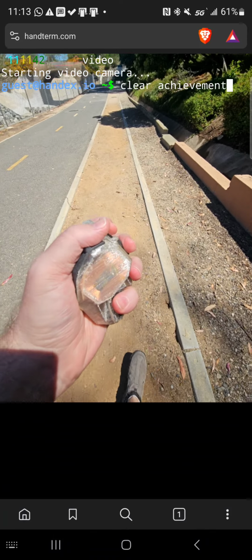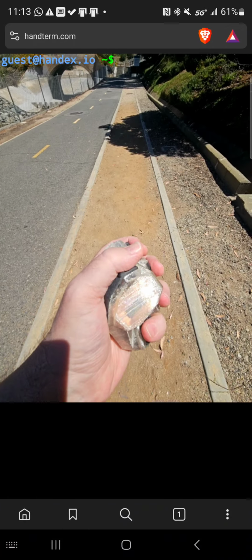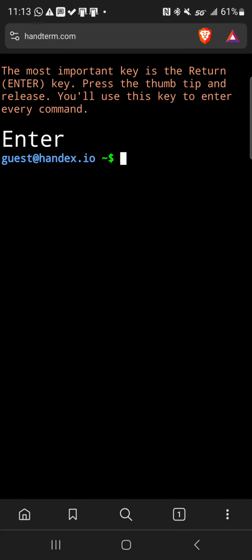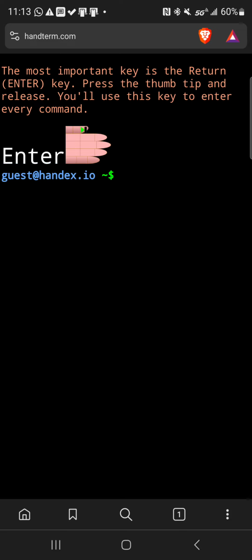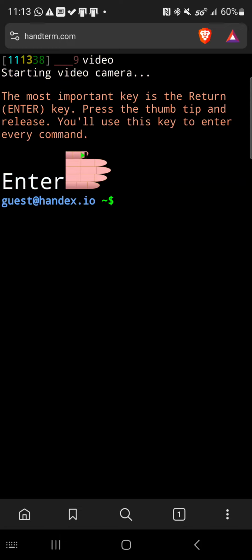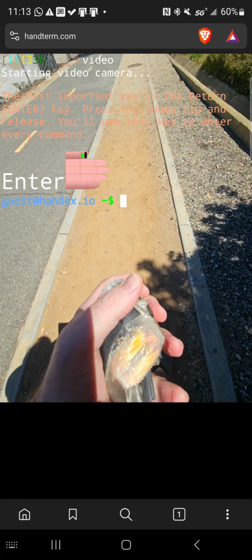So that's one of the parts of like, let's see, let's refresh the screen. Oh, and that killed the video. So obviously this terminal UI, TUI, is